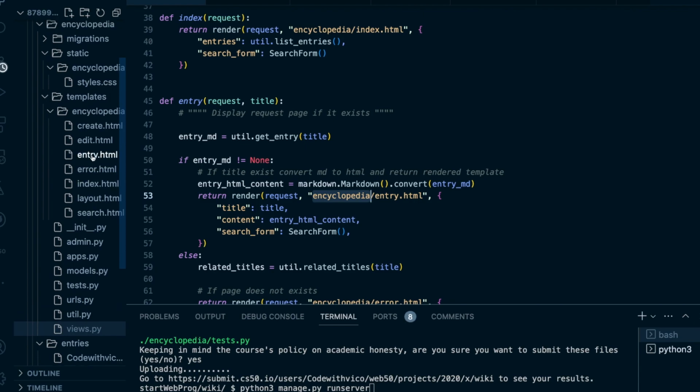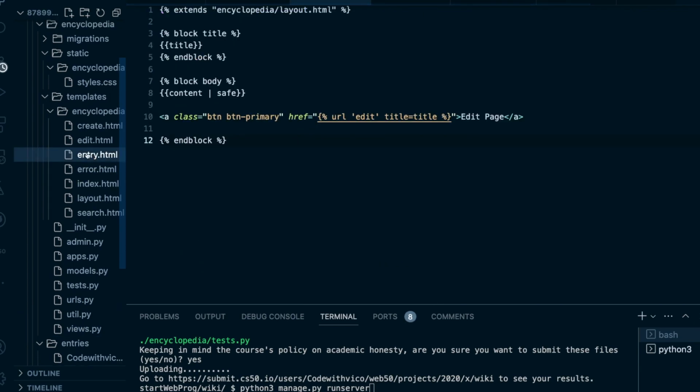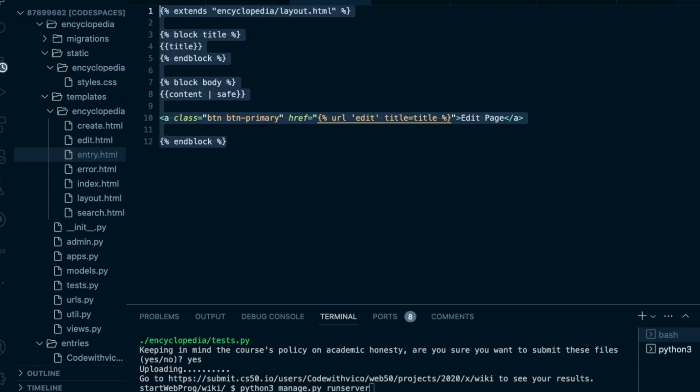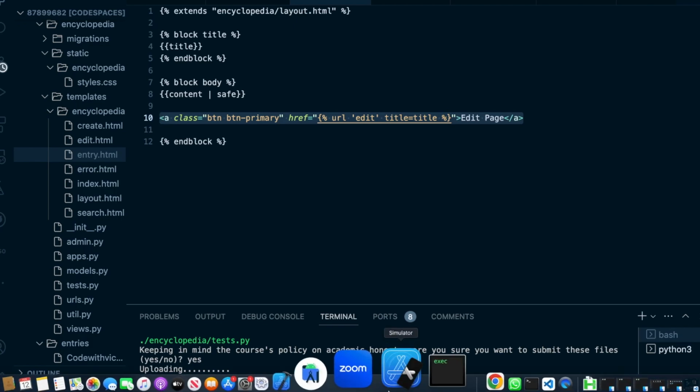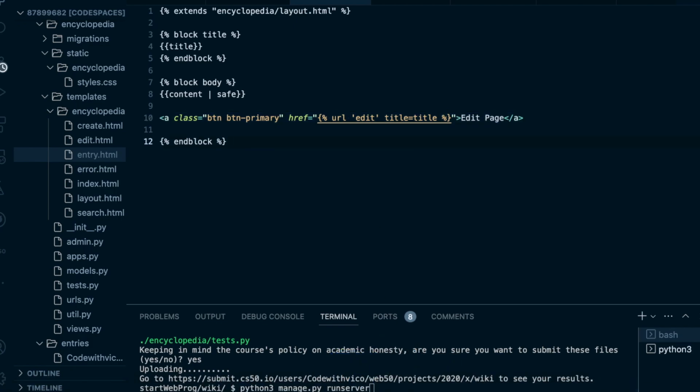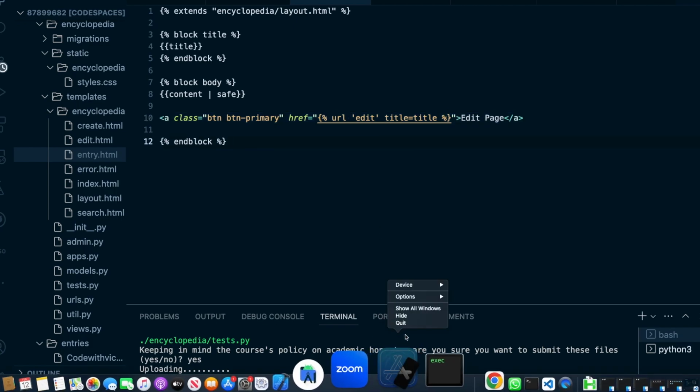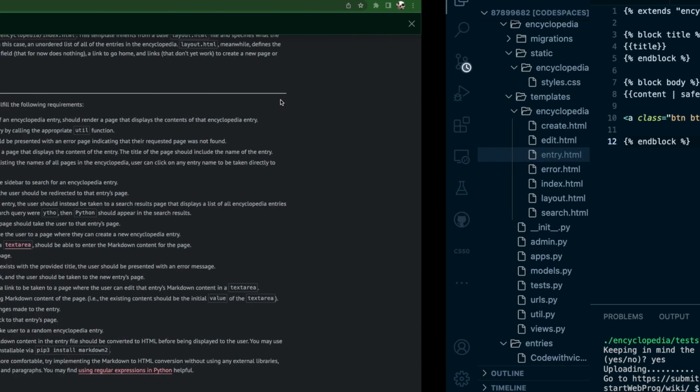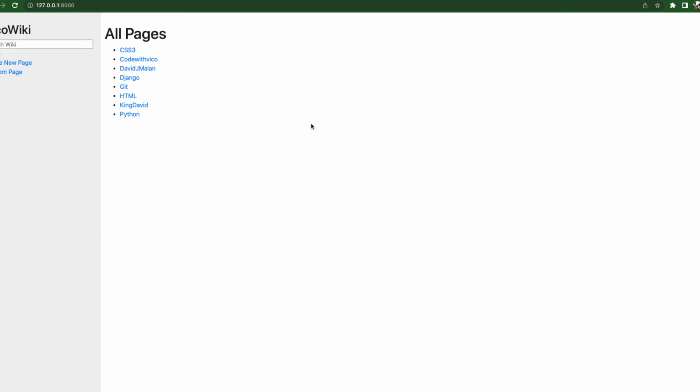So like you see on my screen here, we created an entry.html that has a Jinja syntax with the following commands. Okay, so we'll do the same thing for the rest of the pages needed, just like create, edit, error, and search. All right, if we run this command successfully, you will see a result